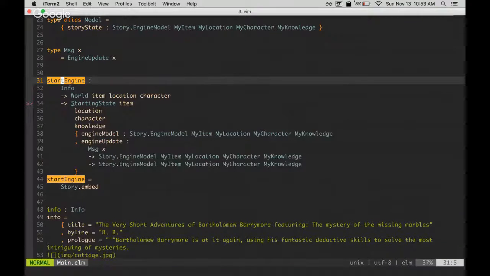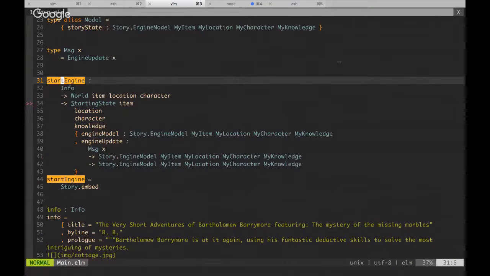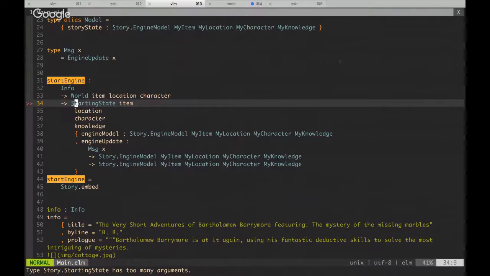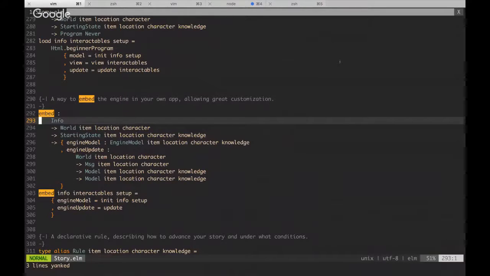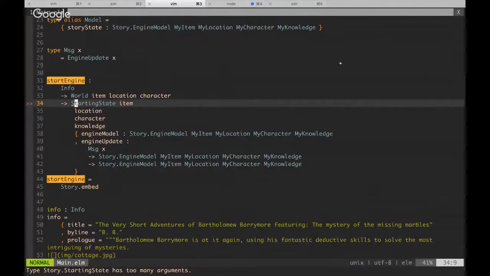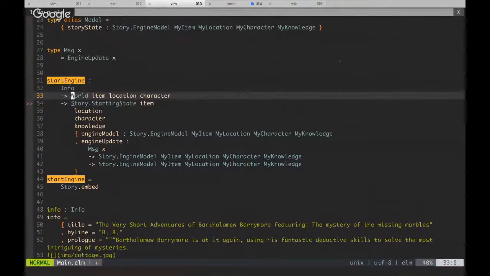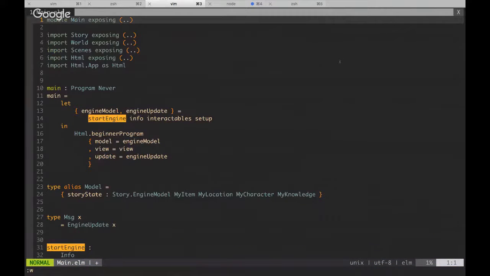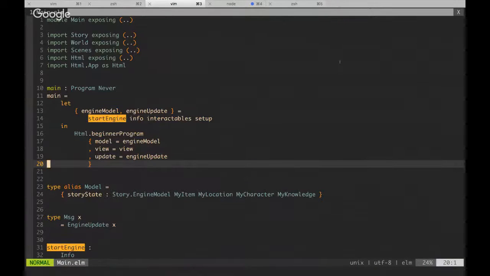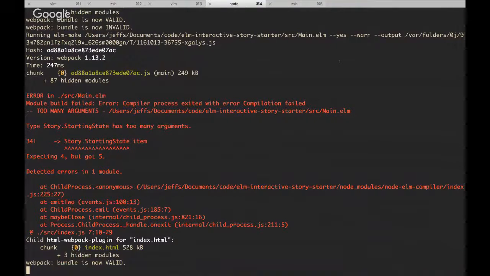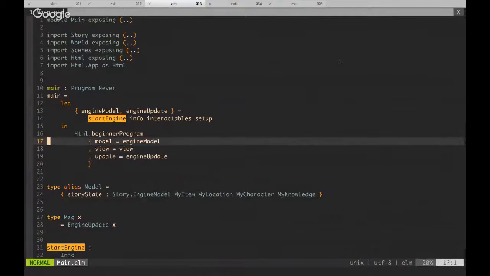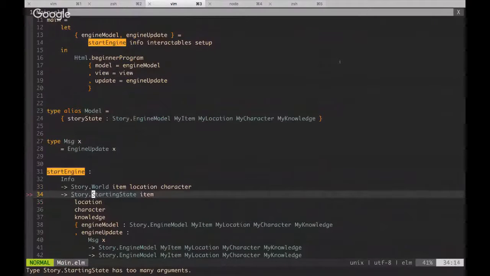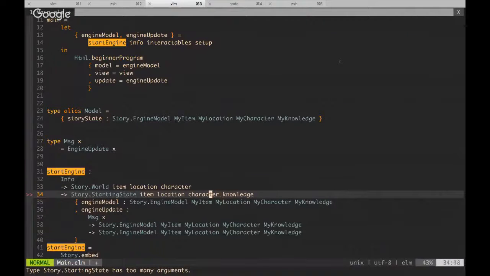Battery doing? Only 5 more minutes. I think we're going to make it. We don't have a starting state. Do we? No, we do. Story dot, because it's within everything from story. So what's the problem here? Oh, too few arguments. Where is that? Those are not things anymore. This needs to be